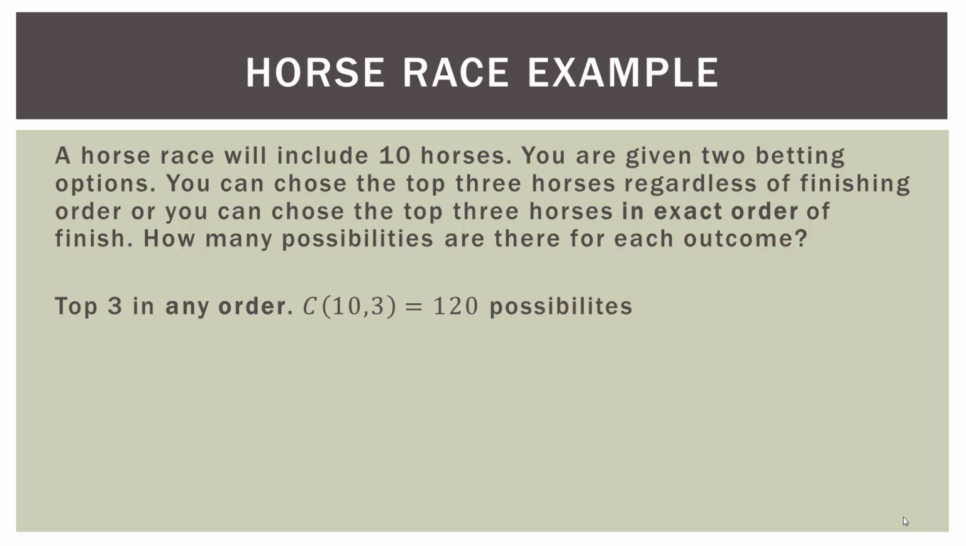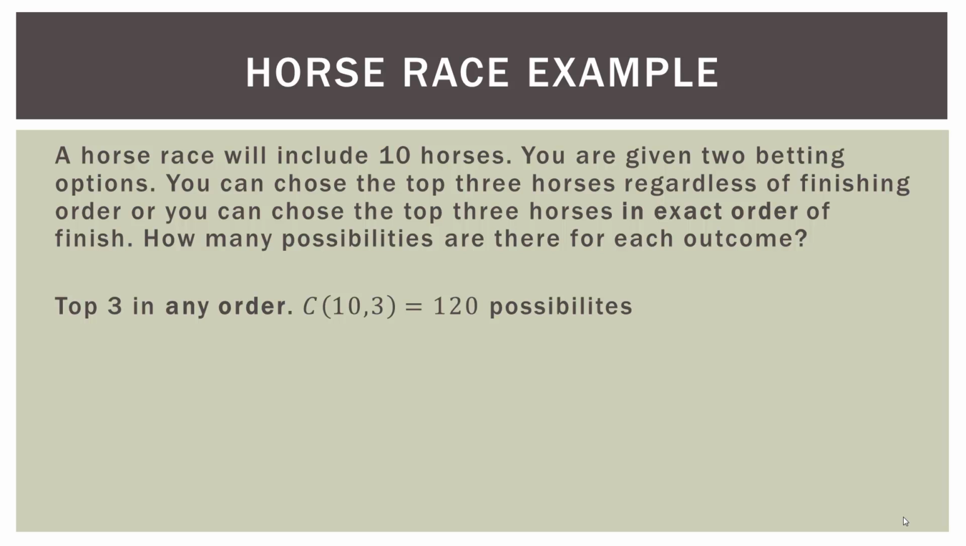So if we want the top 3 in any order, we have 10 choose 3. There are 10 horses, and we're just going to choose 3 as a group. How many groups of 3 different horses can we have out of 10? Well, the answer is 120, and we'll talk about how to calculate that in this video and in the next video. So there are 120 different groups or clumps or sets of 3 horses that you can make out of